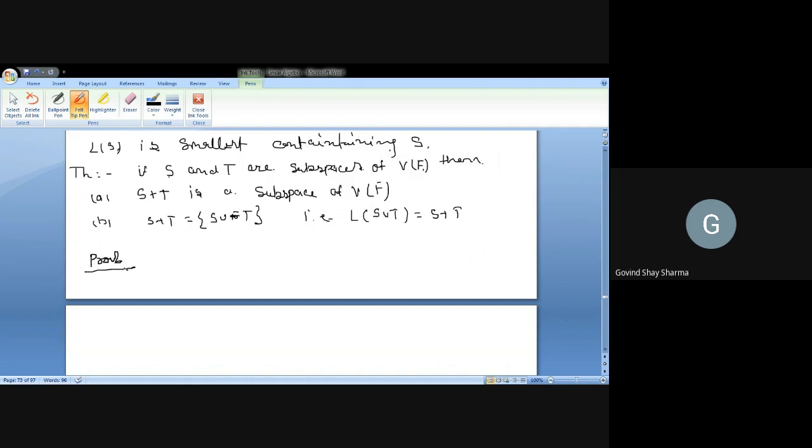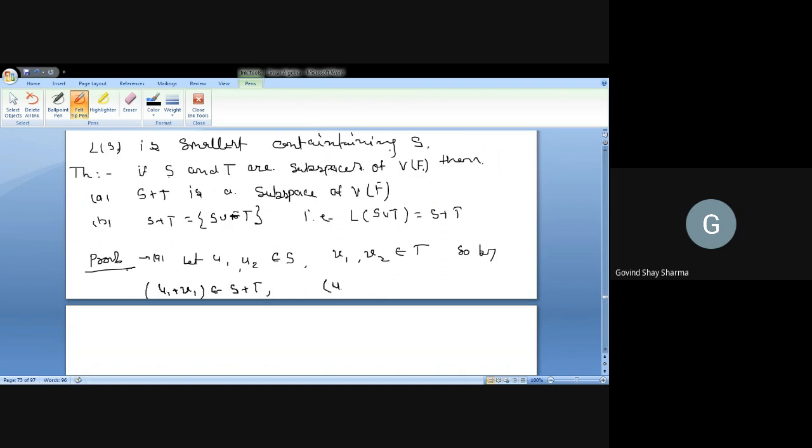We know that for a subspace we have to show that alpha u plus beta v belongs to S plus T. Let u1, u2 belong to S, and v1, v2 belong to T. So by the definition of S plus T, u1 plus v1 belongs to S plus T,